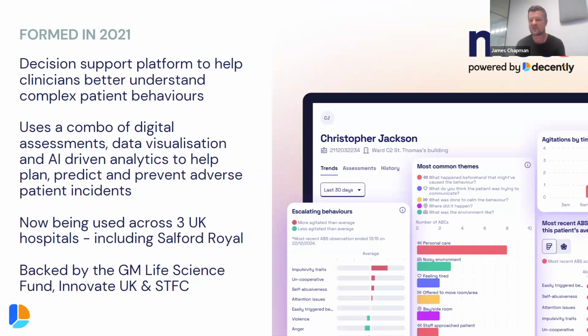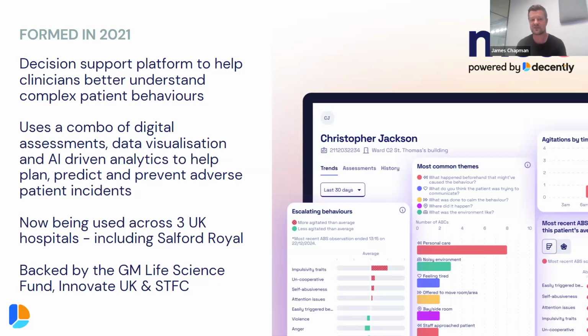This is very much a decision support platform to help clinicians to understand those complex patient behaviours. So this isn't an app that you would download off the App Store if you'd had a brain injury and you were lying in bed in Salford Royal. This is where the clinical team at Salford Royal, and they are one of our partners, would use Mello